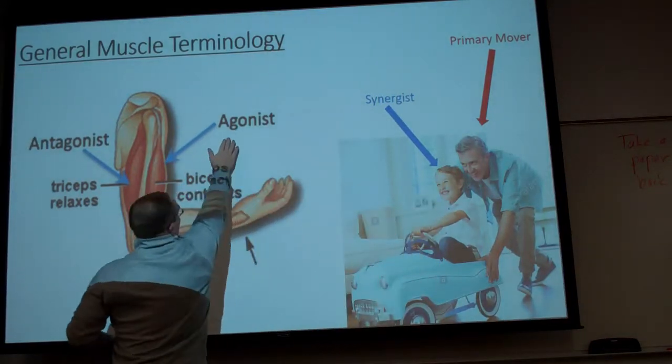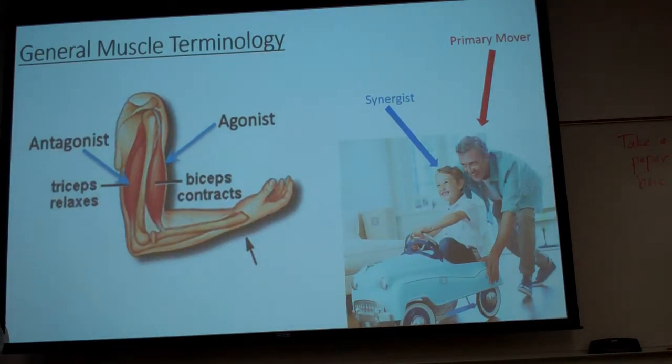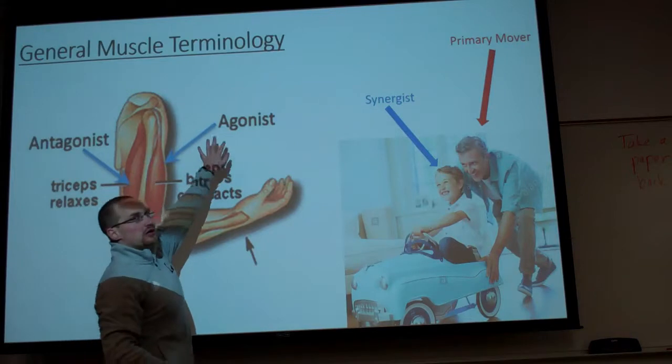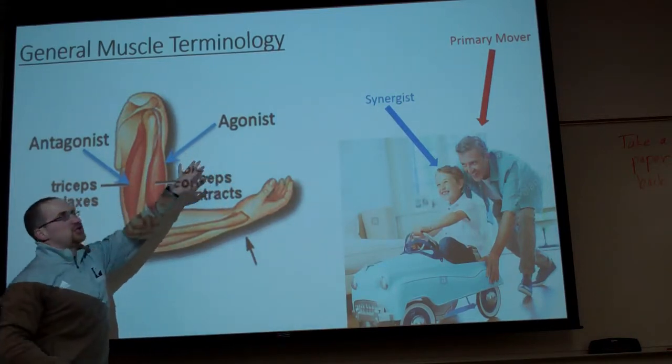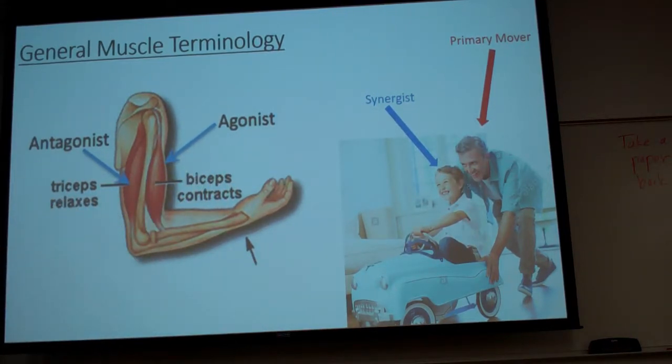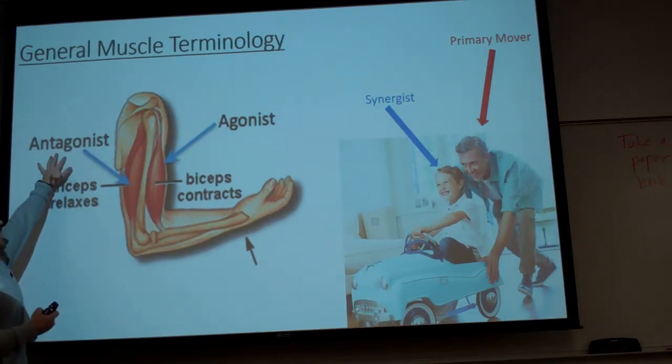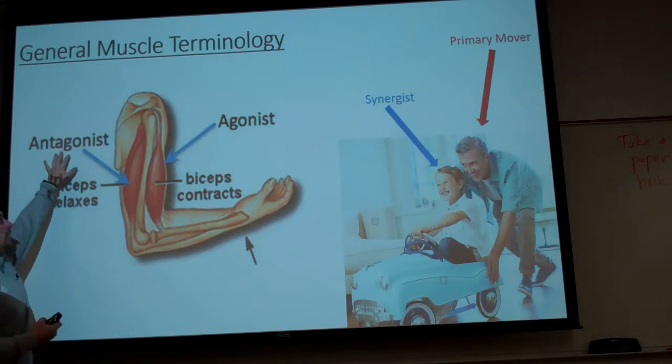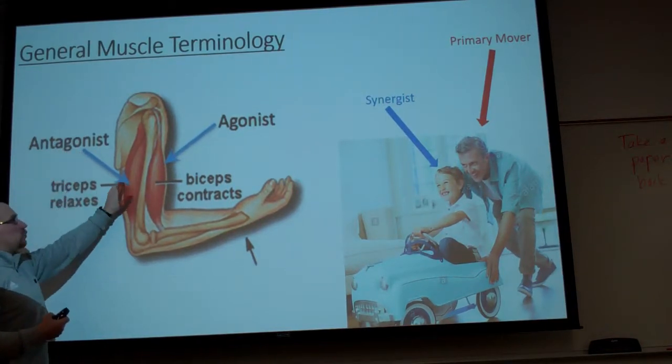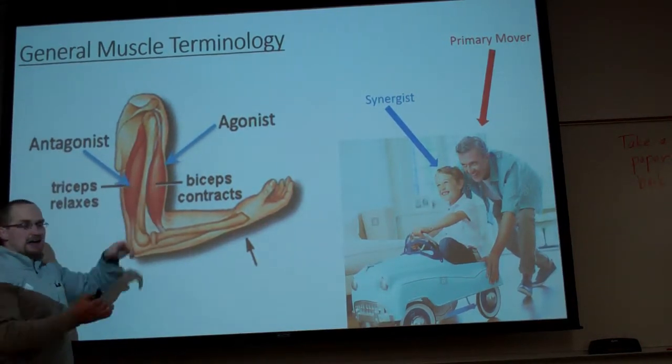Lastly, we got agonist and antagonist. Agonist is kind of like the good guy. This is the muscle that is shortening, or the muscle that's producing the force, producing the contraction. The antagonist, or the bad guy, if the antagonist would contract the same time as the agonist, so I'm